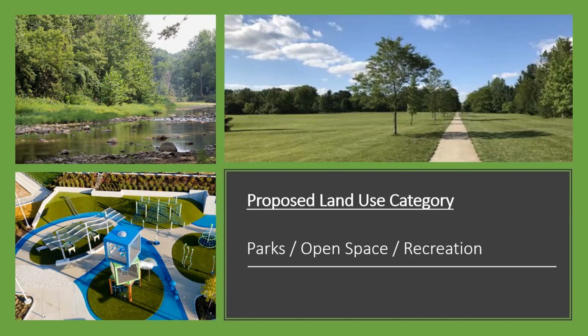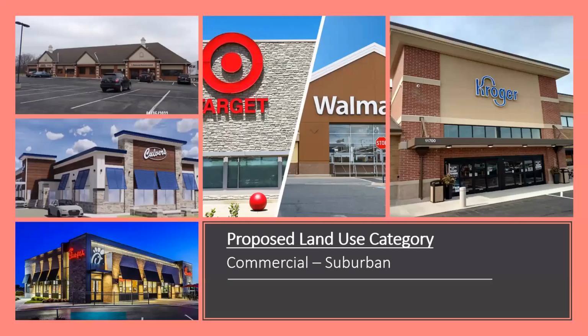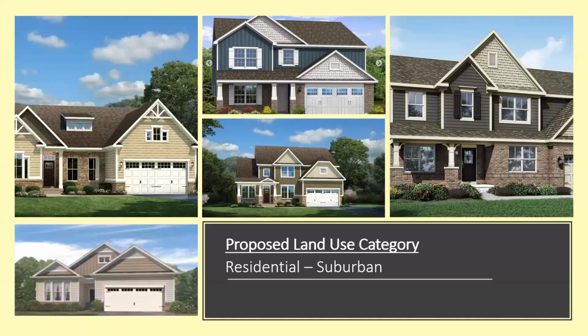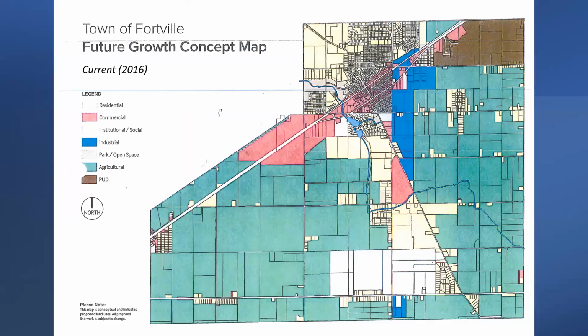Can you go over that again? Yeah. Sorry, Ryan. So Ryan, just to bring you up to speed. In our existing comprehensive plan on the map, we've got some very basic categories, just residential, commercial, industrial. It's really on the residential and commercial side. There's really no definition as to what type of residential we're talking about. So we want to get a little bit more descriptive. I think it would be helpful to the development community, and to the residents, as to what type of land use patterns we see.